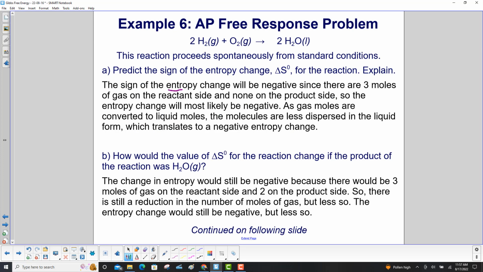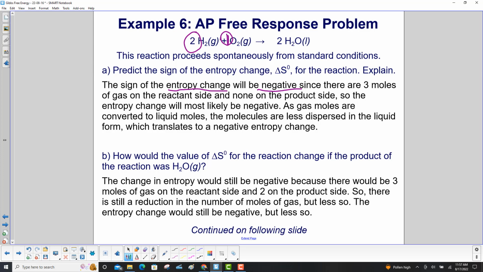The sign of the entropy change will be negative, since there are 3 moles of gas on the reactant side, put a 1 there, and none on the product side. It's all liquid. So the entropy change will most likely be negative. As gas moles are converted to liquid moles, the molecules are less dispersed in the liquid form, which translates to